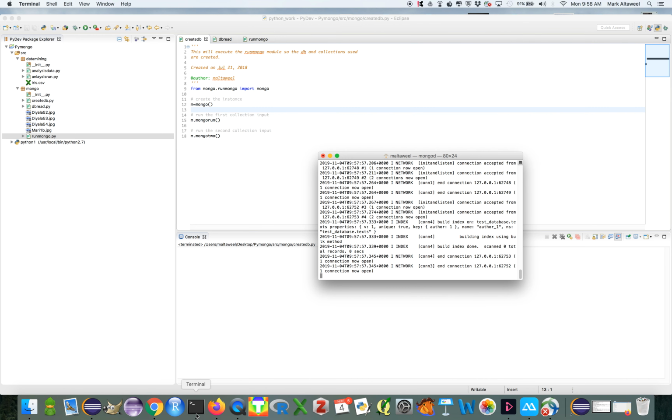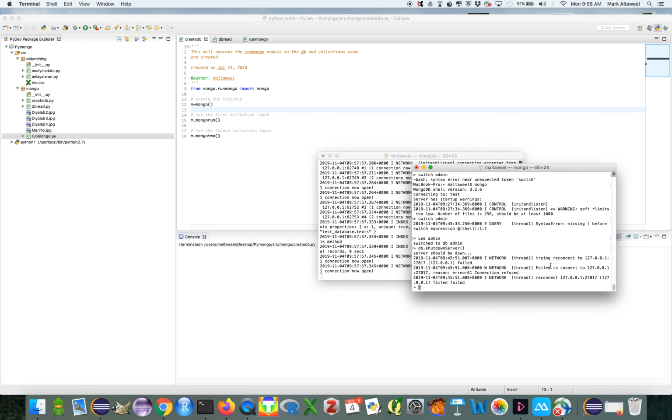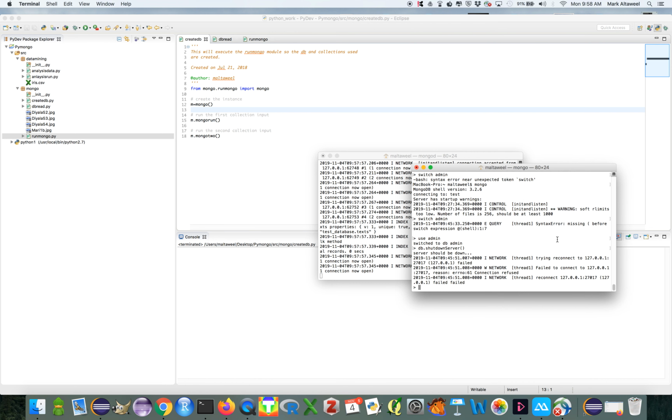So how do we know this is actually functioning? Well, if we open up a terminal window, probably a separate one than the one you just opened, the other one you opened is engaged. It's connected, and you can see it says one connection now open, so it should be connected to our code. And if you type in mongo in a terminal window, or go to the Mongo installation and type mongo in the bin folder if you're using Windows and haven't referenced the installation path,